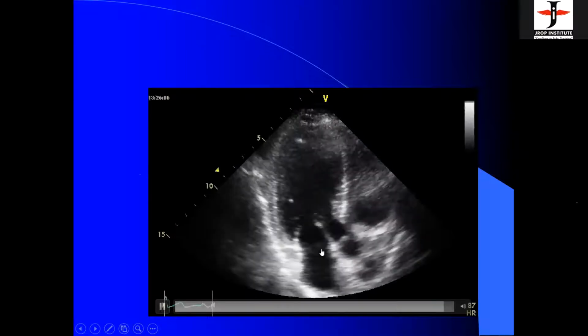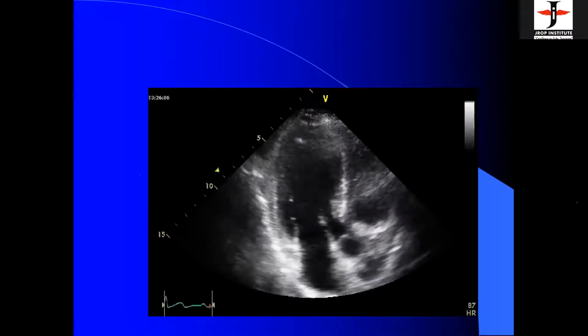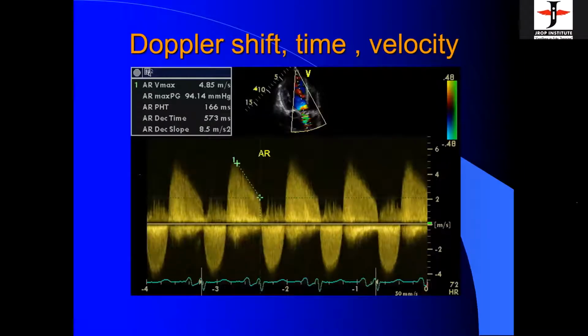So that has importance, which I will tell you just now. For example, here you see. Now, this may be a complicated slide for you. Just forget about it. This is the aortic valve, and the aortic valve opens in systole. So this is systole, and this goes below the baseline.